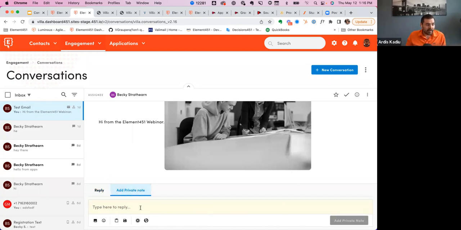All right, the next thing that I wanted to show you in the editor, which is somewhat of an enhanced functionality, is the ability for you to have private notes. And private notes give you the ability to communicate and collaborate with your team members in here. They also are going to get notifications.